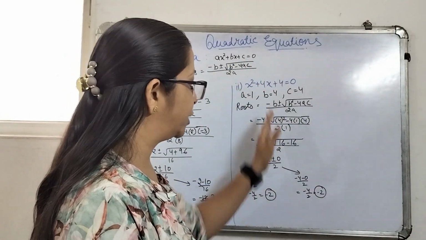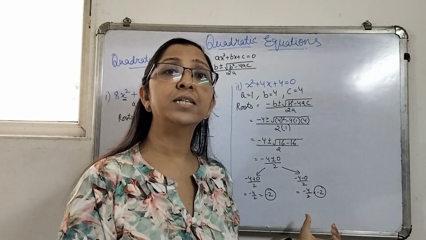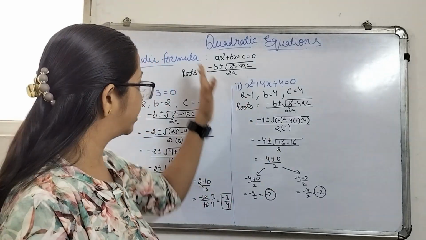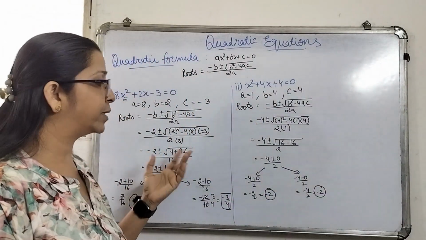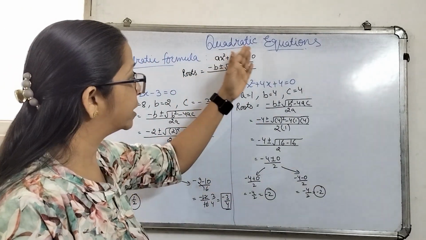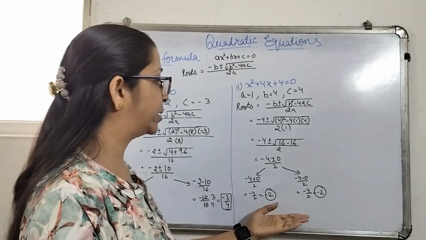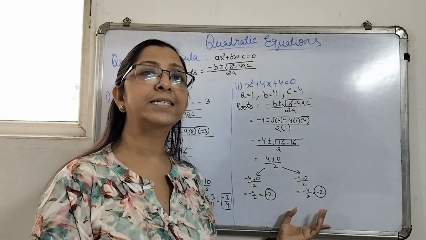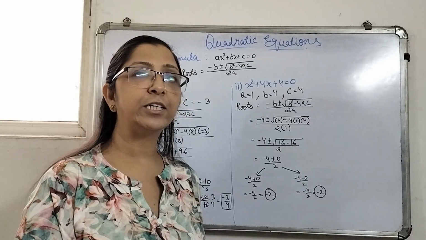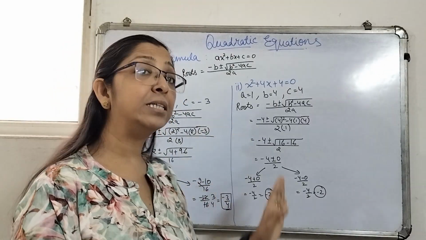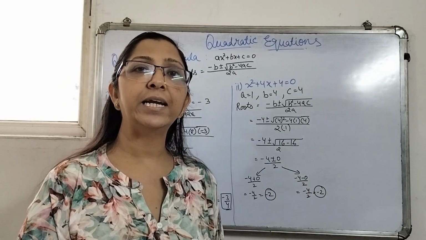So this is the condition when both the roots are the same. That means we got only one real root. So I just told you that the condition could be that we get two real roots, or that we get only one real root. In this type of condition, both the roots are exactly the same. That means we get only one real root. And it could even be the condition that we do not get any real root.